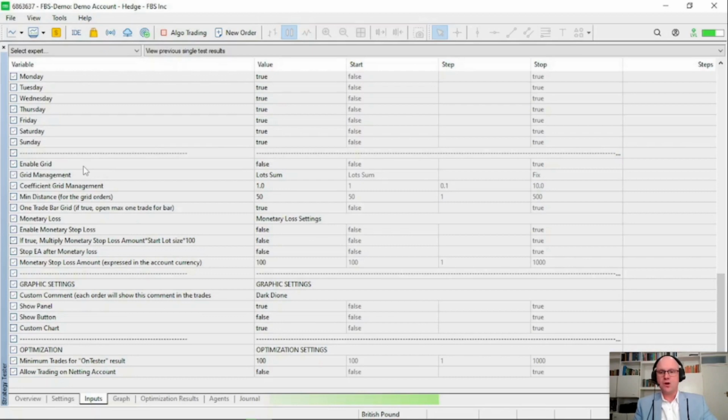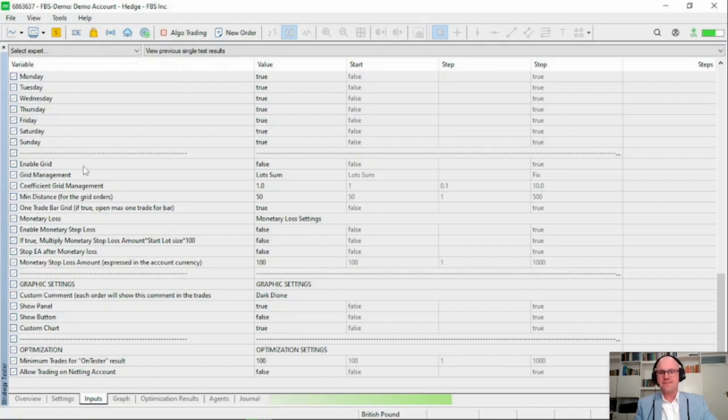Then what you'll see under grid options is that it does give you the option of trading with a grid. However, when this is set to false, no grid will be used. This means each order has a set stop loss and take profit, making it a very safe strategy for new traders.